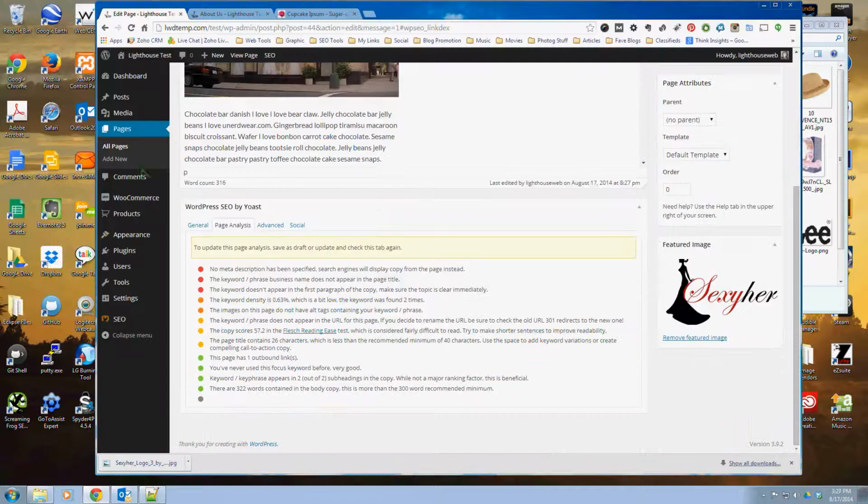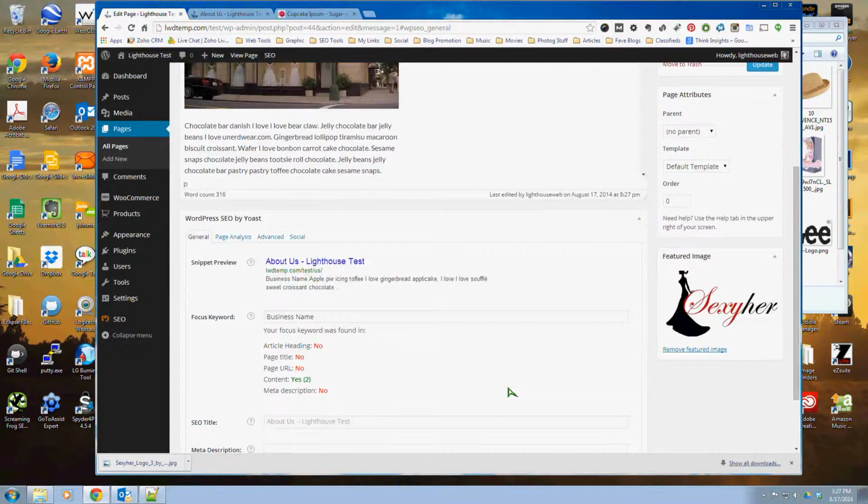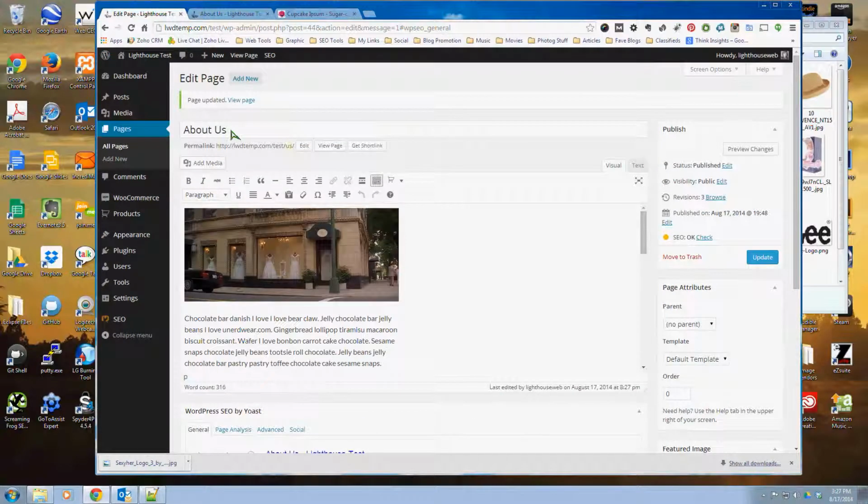This is telling us that we've got a lot of things we need to fix. The main thing you want to focus on are these red items, the red and the dark orange. I would definitely recommend trying to fix those if at all possible. In order to fix those, the way I would do this if I was optimizing this page for you is I would say About